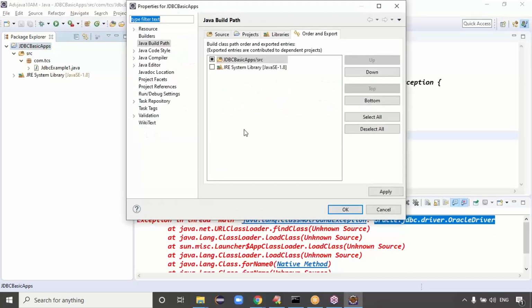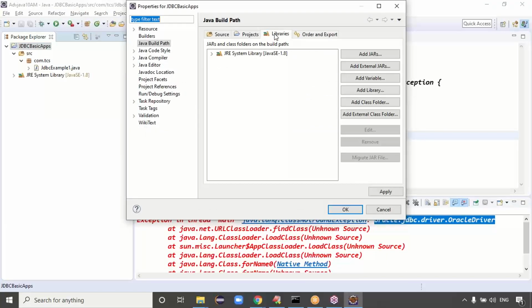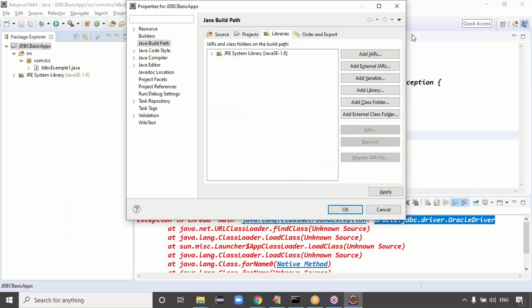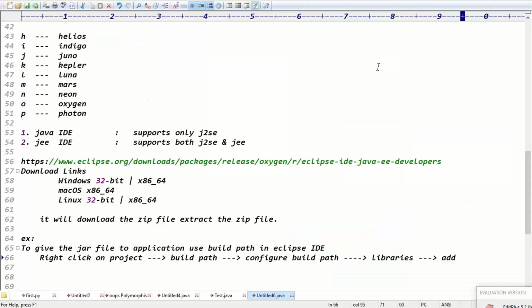It's asking for libraries, so go to the libraries, because a jar file is called a library. In the libraries, on the right hand side, you have Add External JARs. Click on Add External JARs.